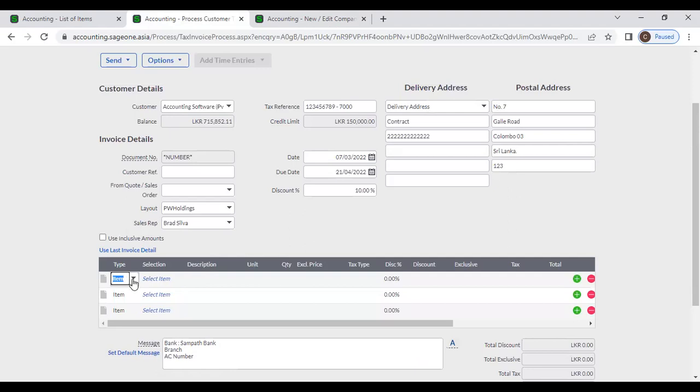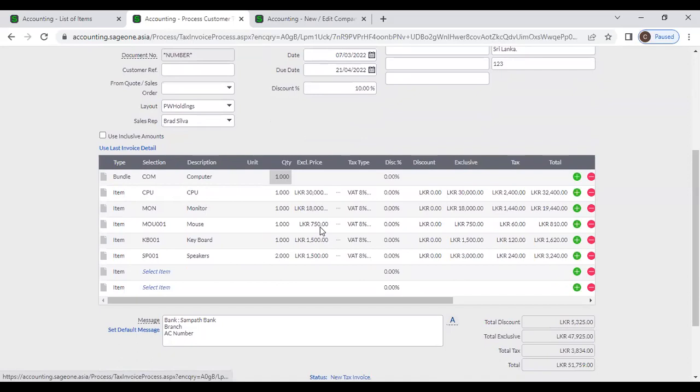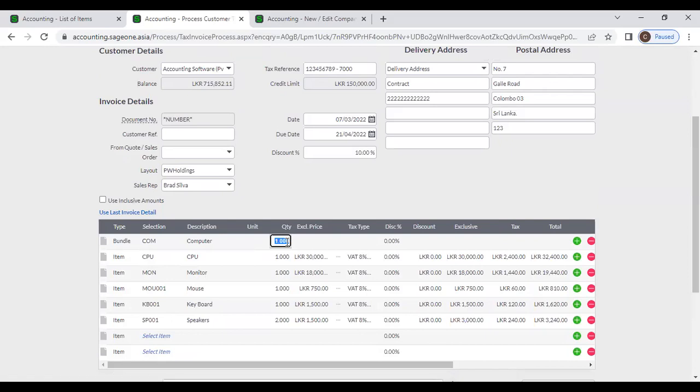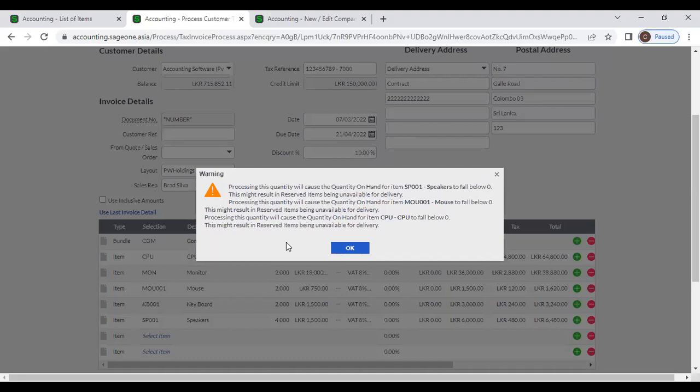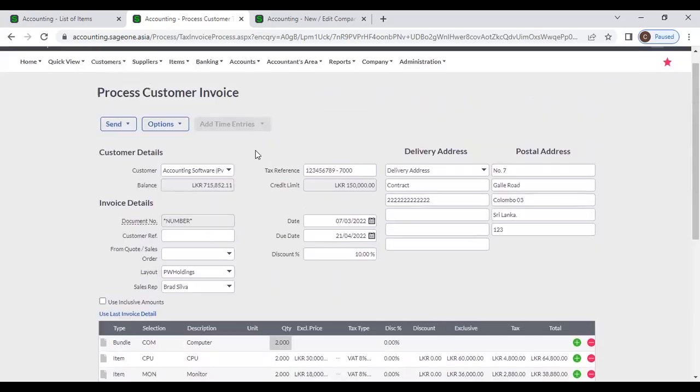You can select that bundle item. Then that bundle item's components will display here. You need to select only one item. However, the components in that item will display here. If you want to increase the quantity, you can increase it, then the component quantities also increase. Okay. Right, next